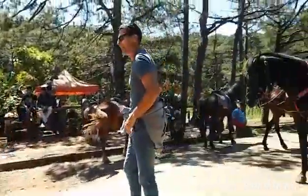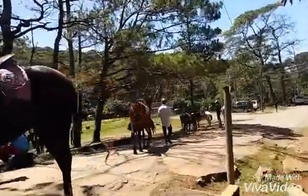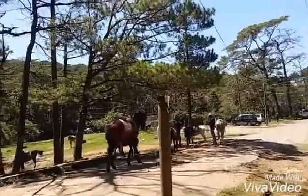That's it for our horseback riding activity for today. Look at the horses here. There's just a lot of them